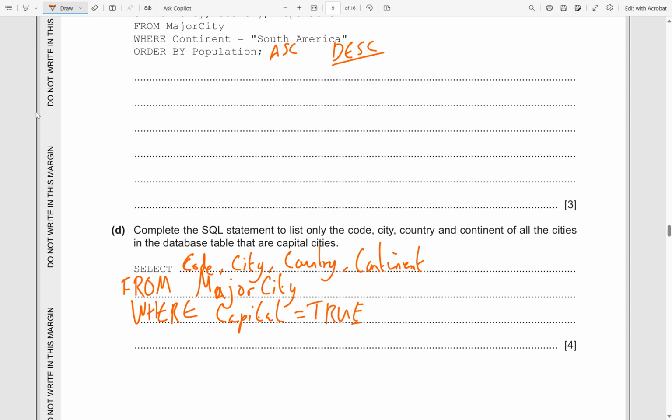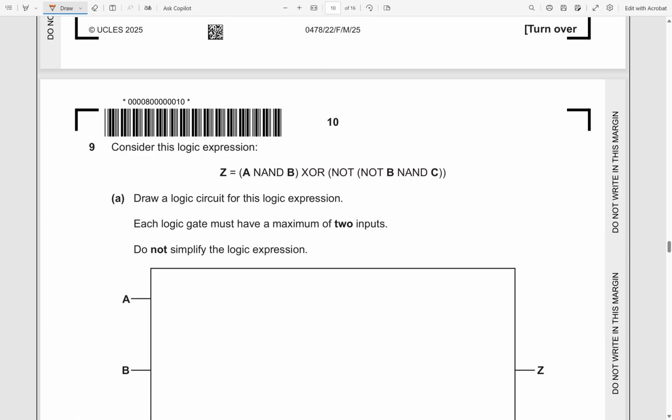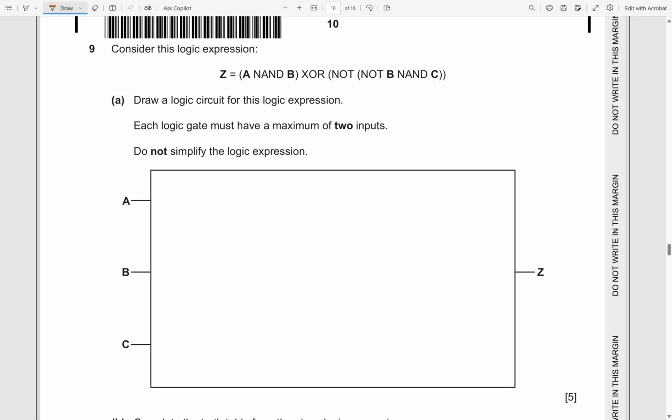Alright, and that's going to be a boolean, and let's just finish it with the semicolon. Okay, I think that's all we need for that one. Right, okay, then number 9. Consider this logic expression: Z is going to be what, A NAND B XOR,